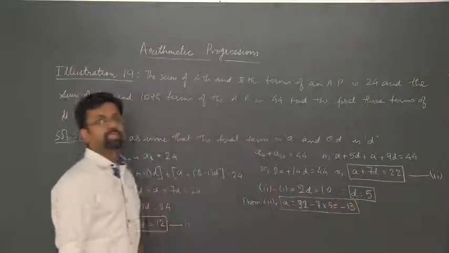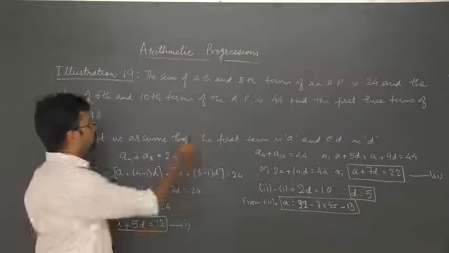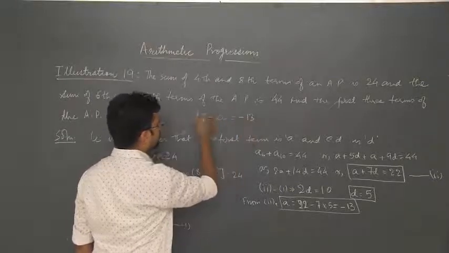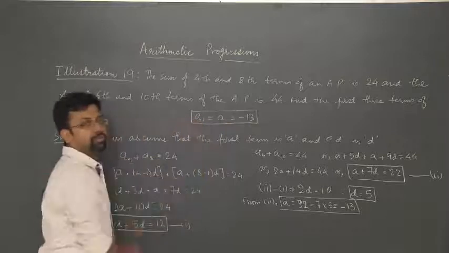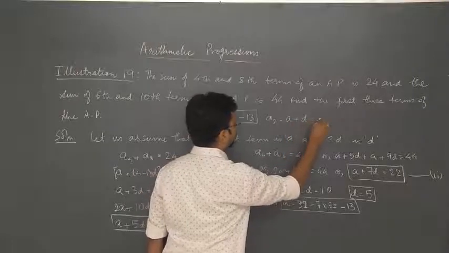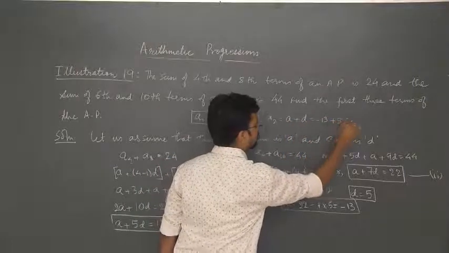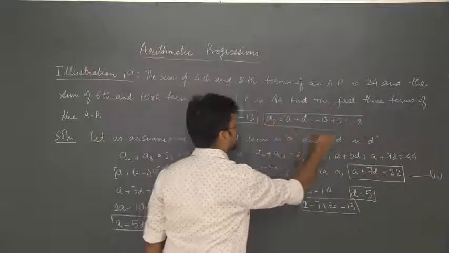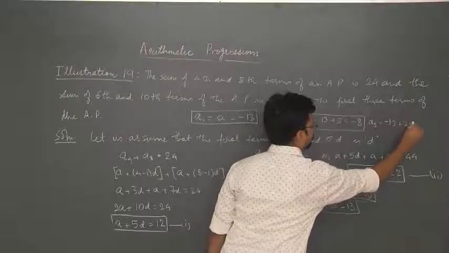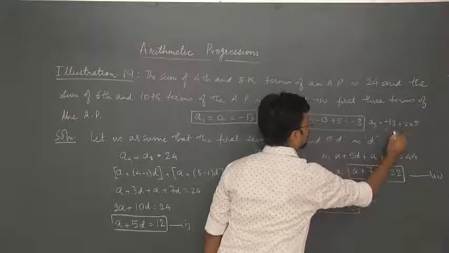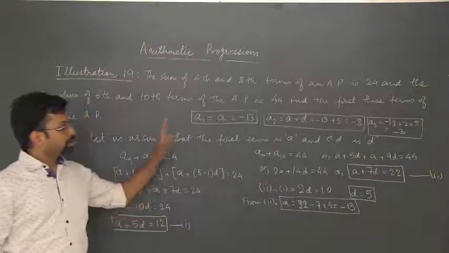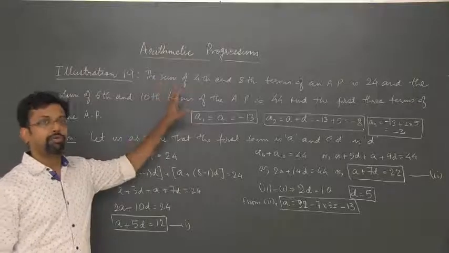Now can you write the first three terms of the AP using this? Of course you can. What will be the first term? It will be equal to A, and hence it will be equal to minus 13. So this is the first term that we get. What will be the second term? It will be A plus D. So we have minus 13 plus 5, that's equal to minus 8. And what will be the third term? It will be A plus 2 into D. So you have 10 minus 3, 13 is minus 3. So we can find out the three terms, first three terms of the AP given a few relation between A